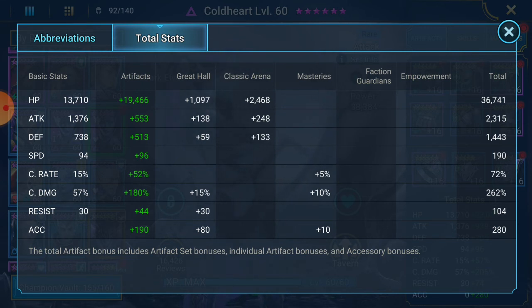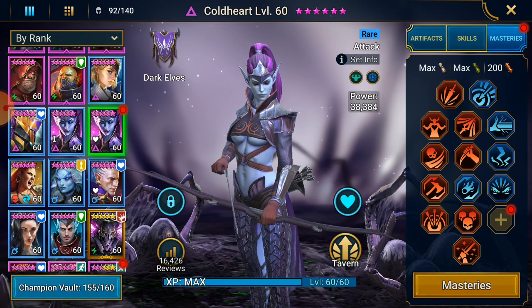36.7k HP, 2.3k attack, 190 speed to guarantee 2 turns. Even if the mother spider, because she's 95 around that. And if Relentless doesn't proc, we're guaranteed still to get those 2 turns. She's above 70%, 262 crit damage. I would like more, but it is what it is. I can get more if I go stats over sets, but that defeats the purpose of putting on Relentless. And 280 accuracy. And the masteries that I changed to,